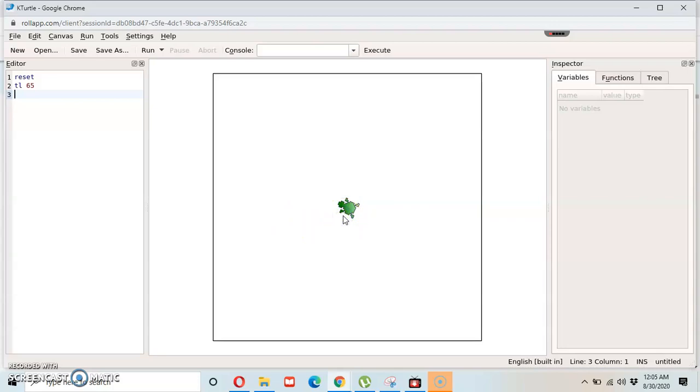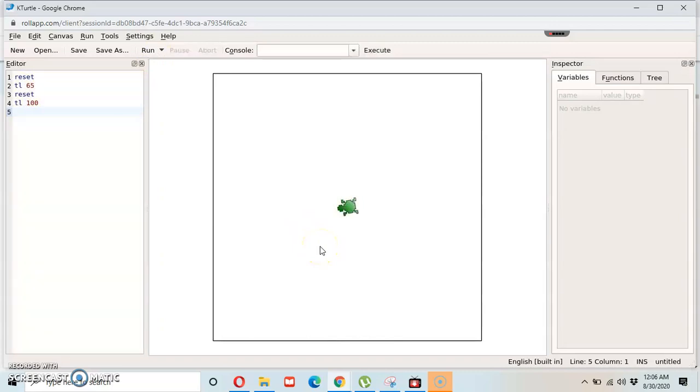Now if I write here reset, the turtle is again at the same position. Now I will write here TL space 100, enter and run.